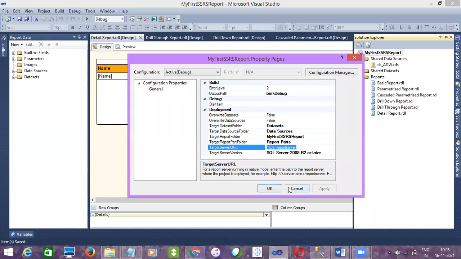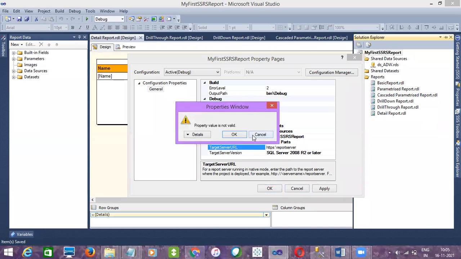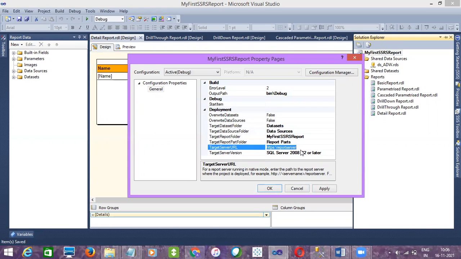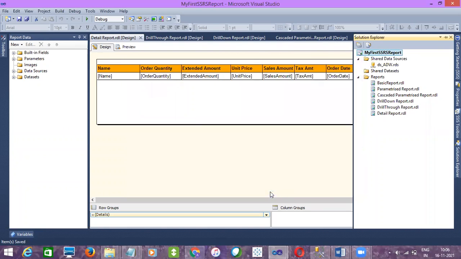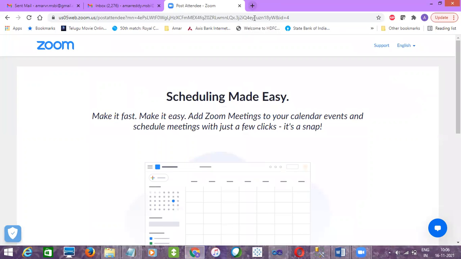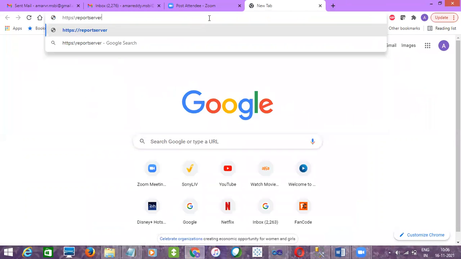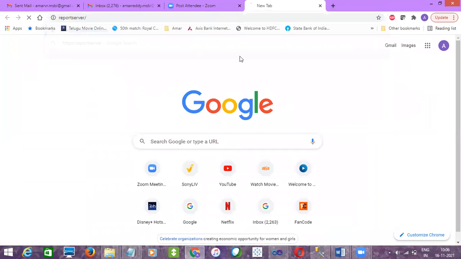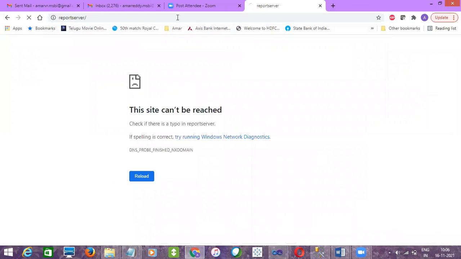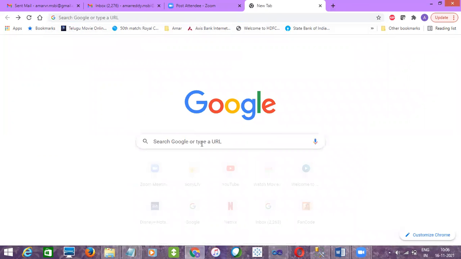They'll copy this URL, and once they create it here in the target server URL, and if you go to the web browser, they'll just paste this URL and enter the Report Services web URL.